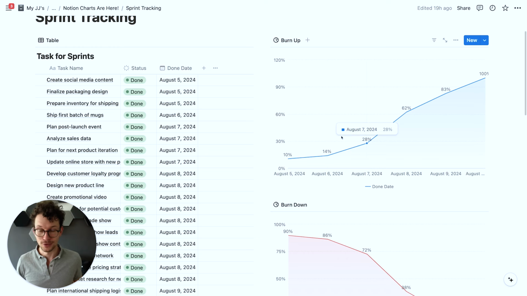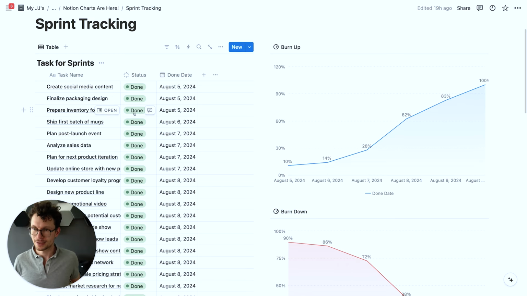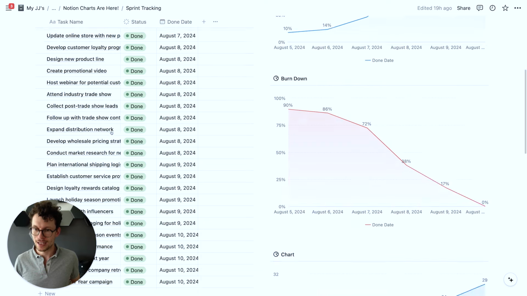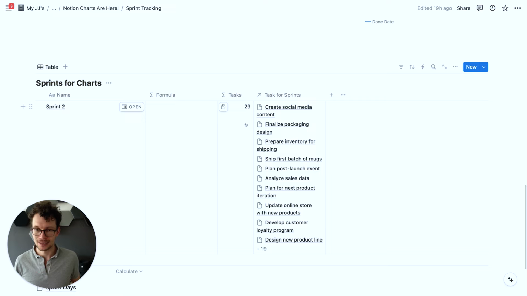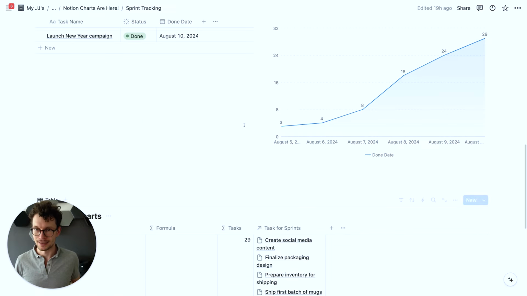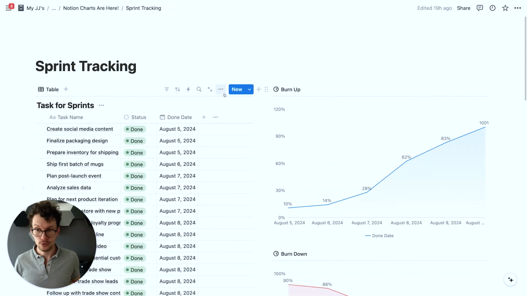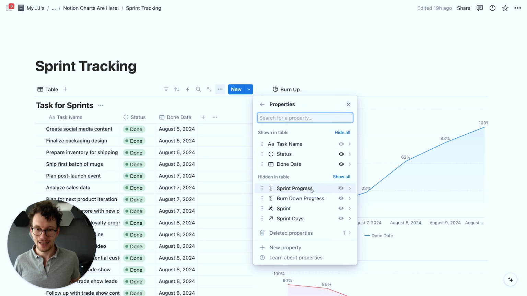How can we do that? Well, you need a separate database actually. But in most cases, in particular for sprints, that shouldn't be an issue because all your tasks should anyway roll up to a sprint, right? So here we have our sprint chart, we have all our tasks connected, and we see we have 29 tasks in this specific sprint. What we can then do on tasks is we can write a property,